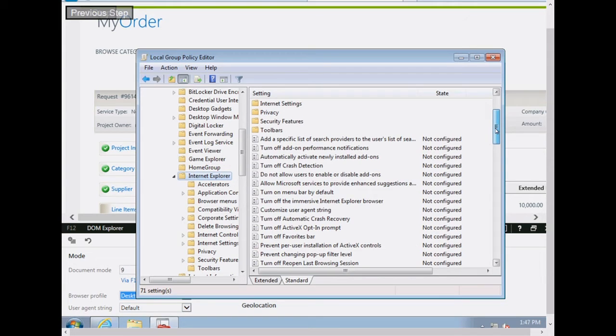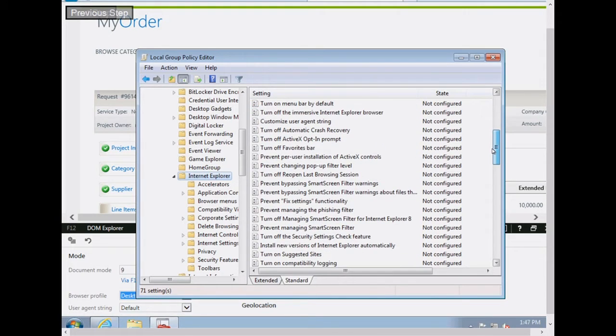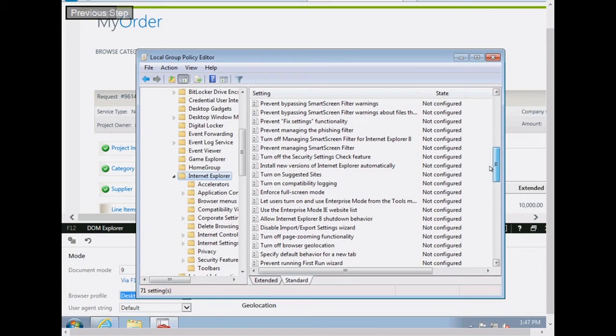Remember, right now, we're just troubleshooting compatibility. We're not setting the enterprise mode site list yet. There are a couple of settings here. One is "Let users turn on and use Enterprise Mode from the Tools menu." You need to enable this if you want to be able to see enterprise as a browser profile option.